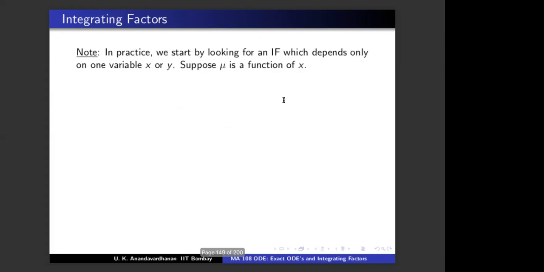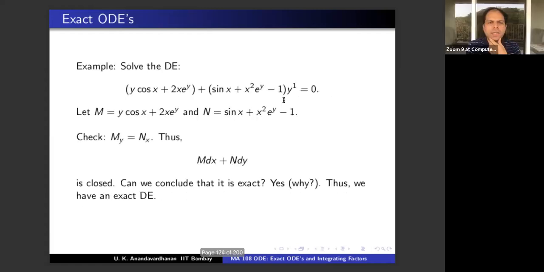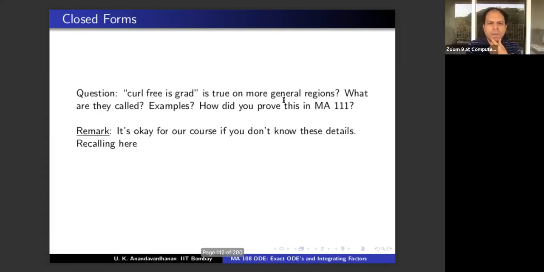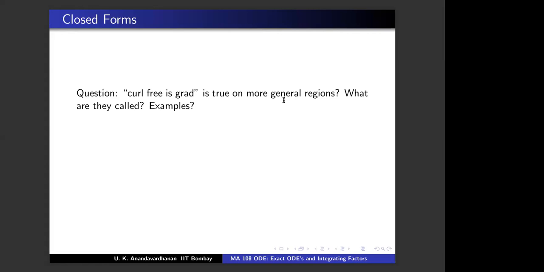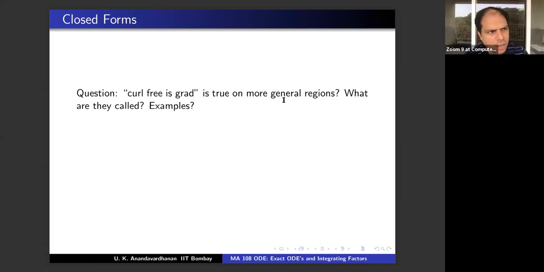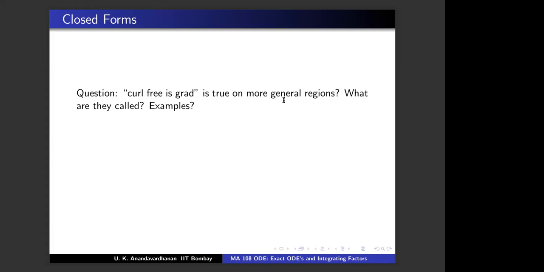Let me ask you, what is the proof of this one? As I said, this is not really part of our syllabus, but it's quite beautiful. So first of all, can you give me quickly one example of a simply connected domain and one example of a domain which is not simply connected? So first, give me an example of a domain which is simply connected. R3 minus origin. R3 minus origin. That is an example of simply connected or not simply connected? Simply connected. This is simply connected.